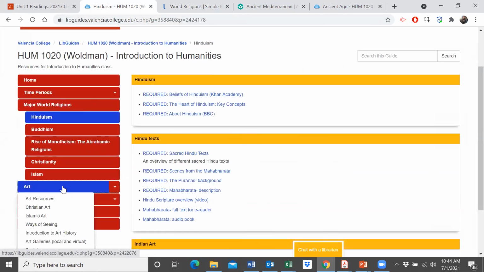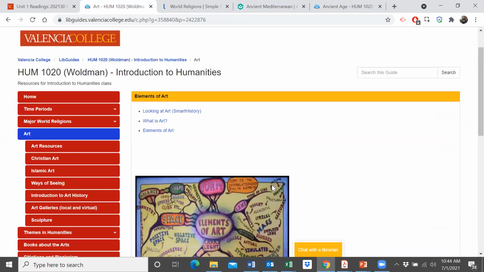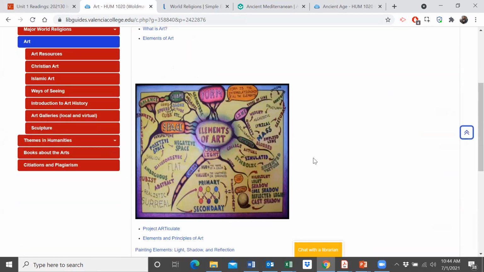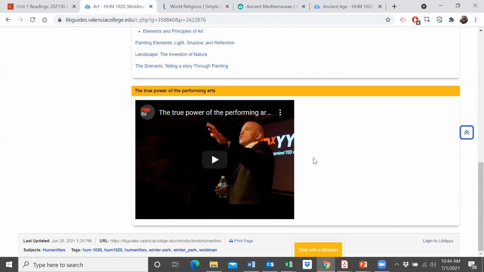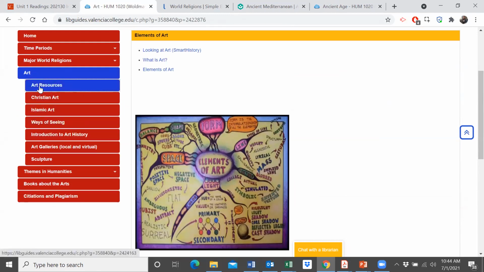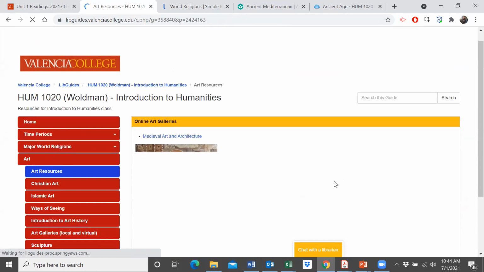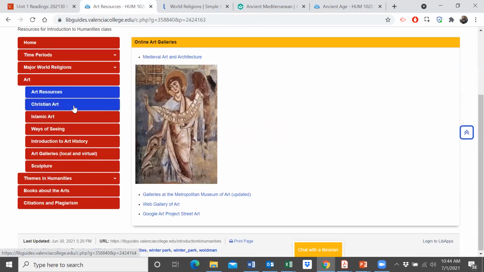The other thing I want to show you is under art. There are lots of art resources, elements of art, some videos, and then underneath we have galleries, online galleries that you can go to, specific tabs on different types of art. And then this is important, this tab on art galleries, local and